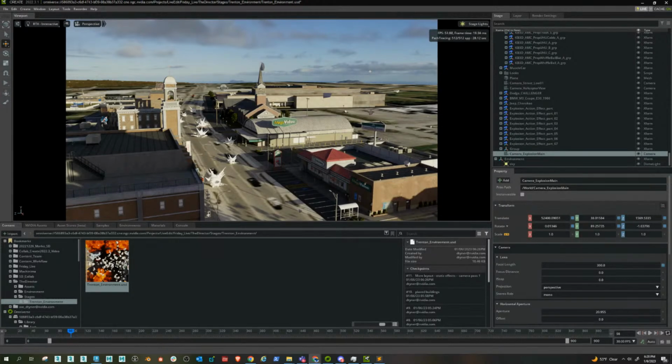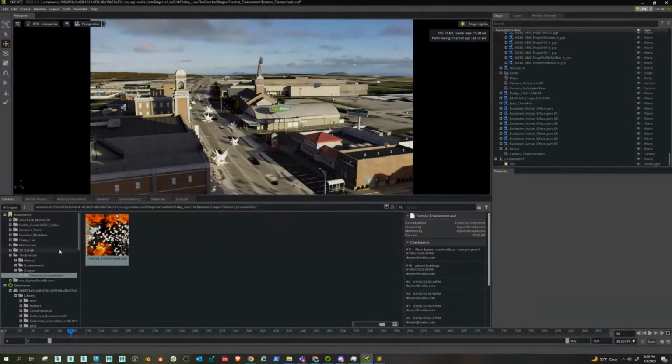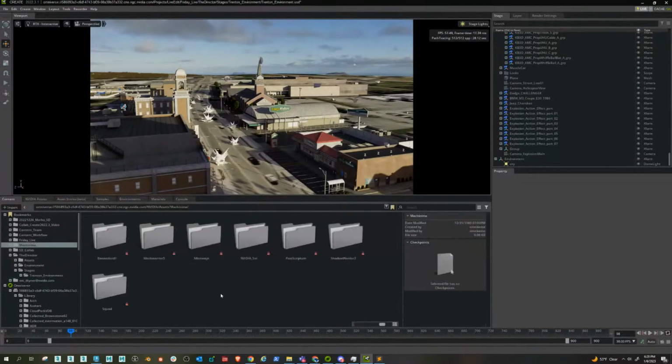No one's still commented on what the flying thing is going to be. I'm going to make it a mech. Okay, it's going to be a mech if nobody says anything else, or a helicopter. There's some cool helicopters on Sketchfab, but also if you just go down into the machinima folder in your NVIDIA,